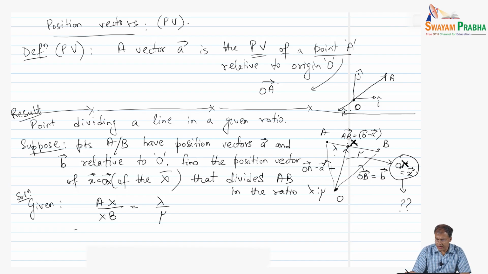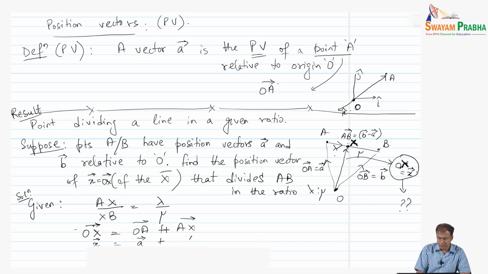I'm just using the triangle law here. The vector OX is going to be OA plus AX. So my OX vector is my vector small x, my OA vector is A, and my AX vector